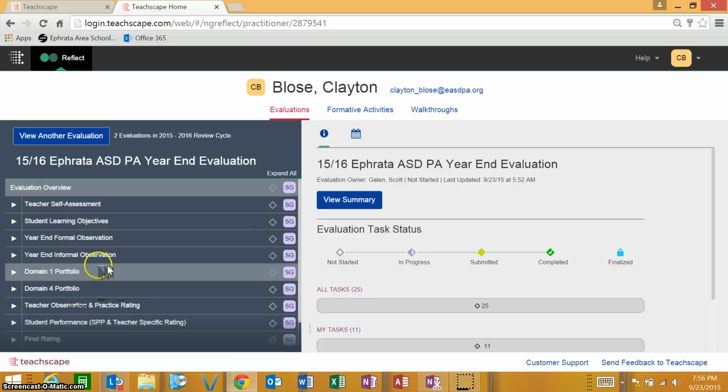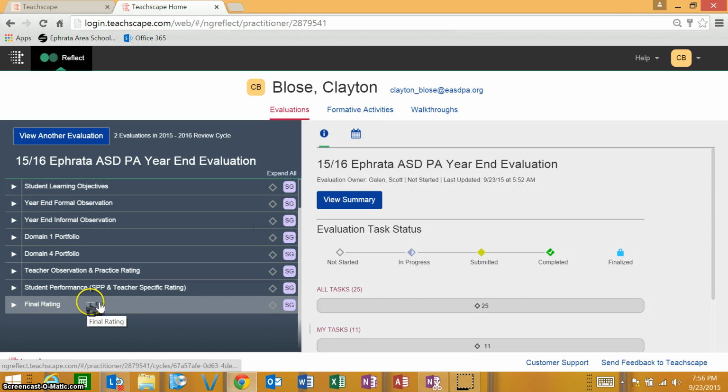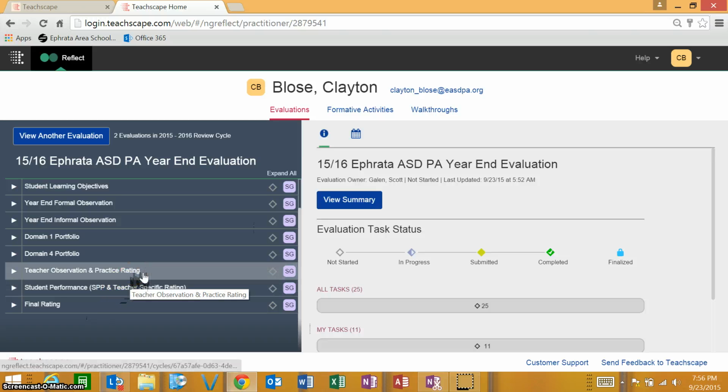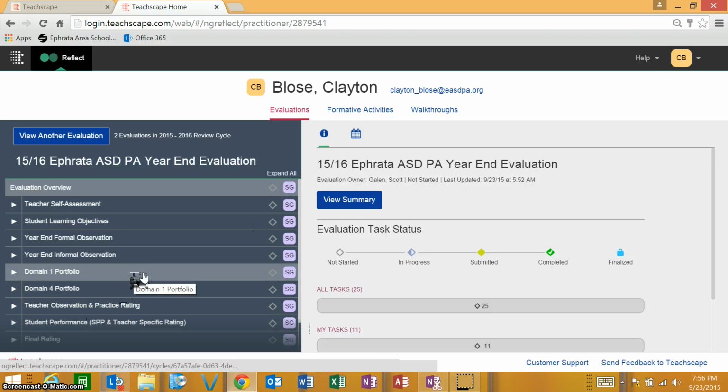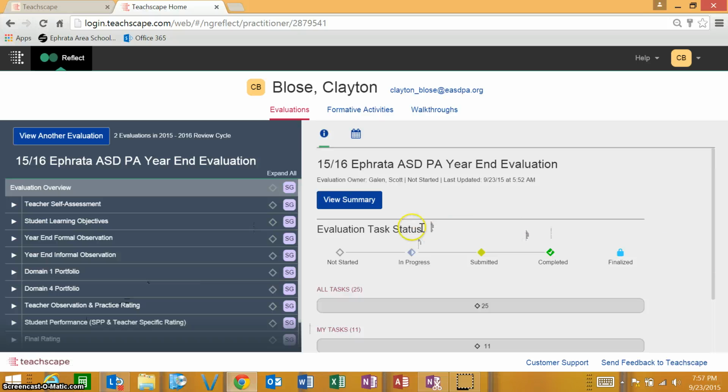It's the same format, but it's just a different file cabinet per se for your year-end evaluation or your next evaluation. You can also see the progress of how you're doing here in terms of completing different tasks based on this taskbar right here. If you have any questions regarding anything with Teachscape, please do not hesitate to ask myself,